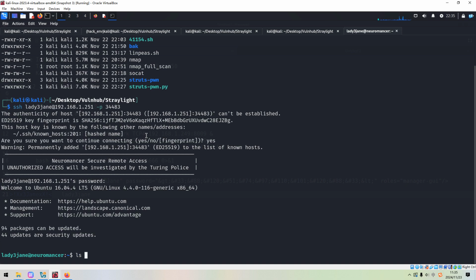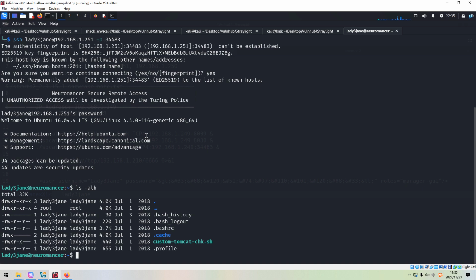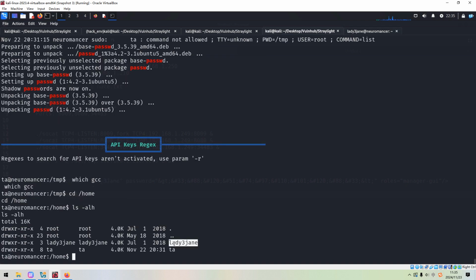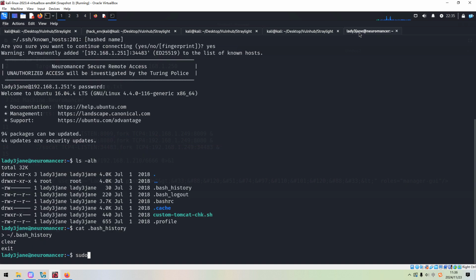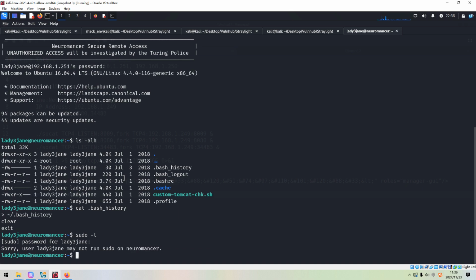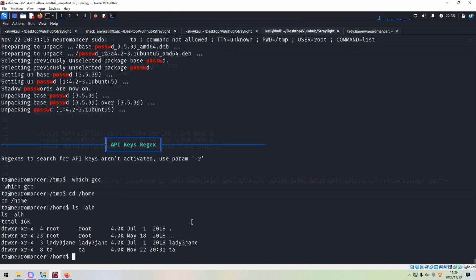So next we can check what we can get. The bash history. Nothing here. So how about also the sudo? But the current user, lady3jenny, may not run sudo on this machine.